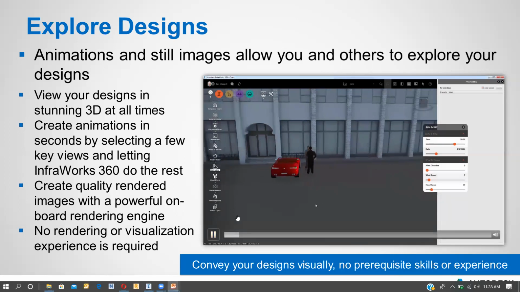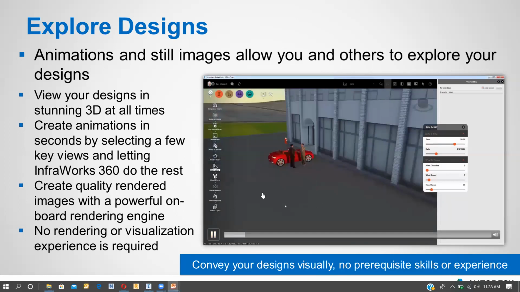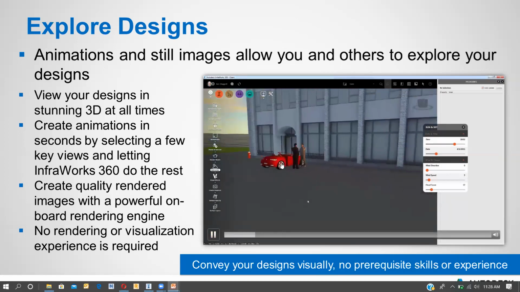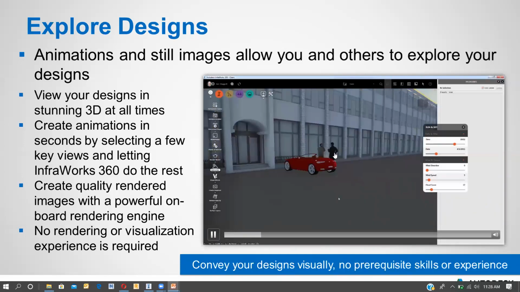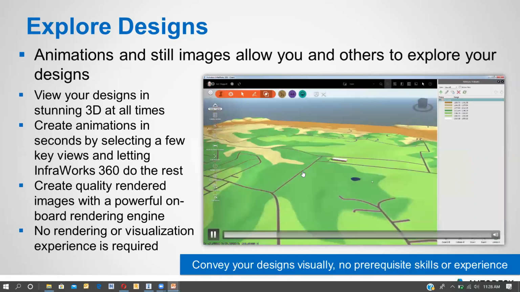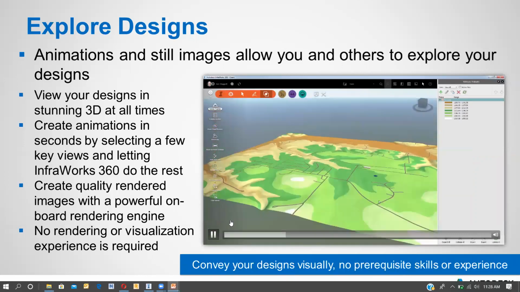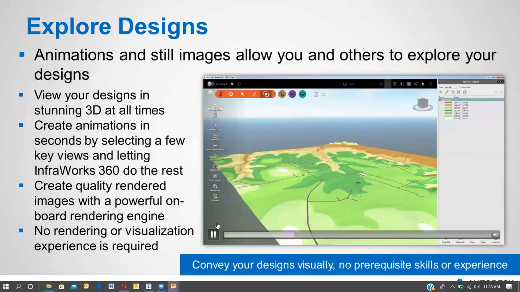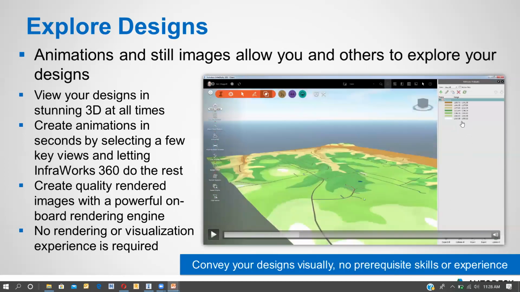You can see in this video that they have brought in city furniture, like they have brought a car over here and two humans standing over there. This is the whole town which we brought. You can see the classifications, how well it is handled. Like in this classification, you can see the elevation ranges.